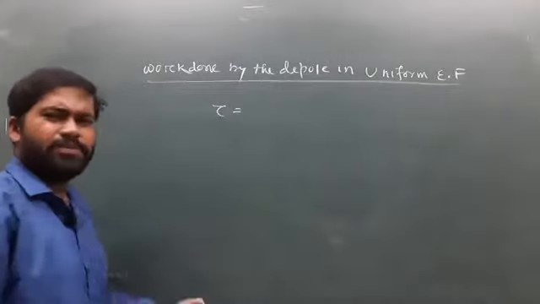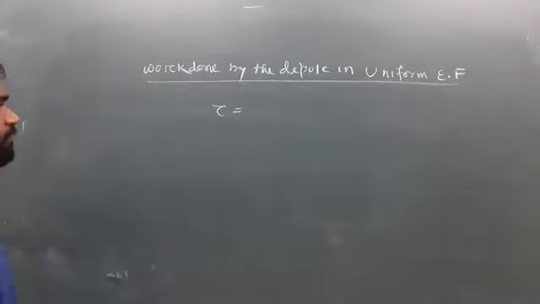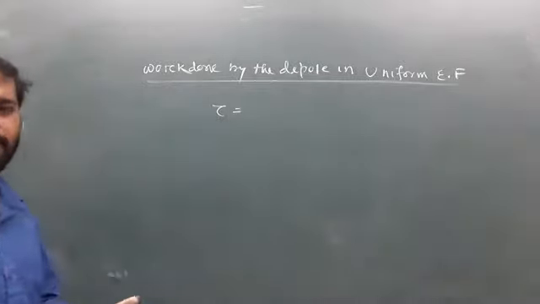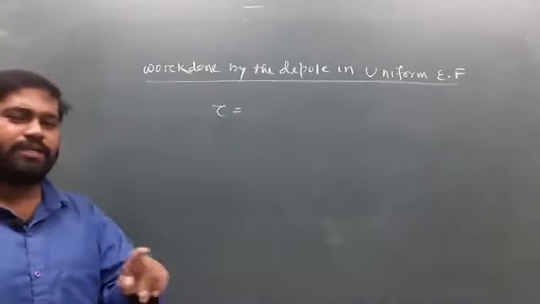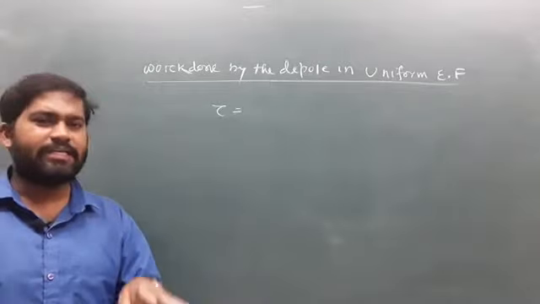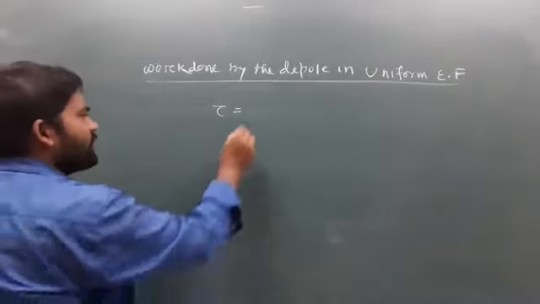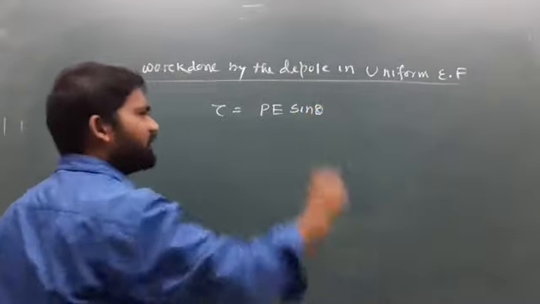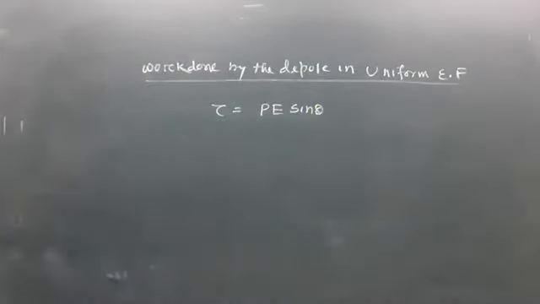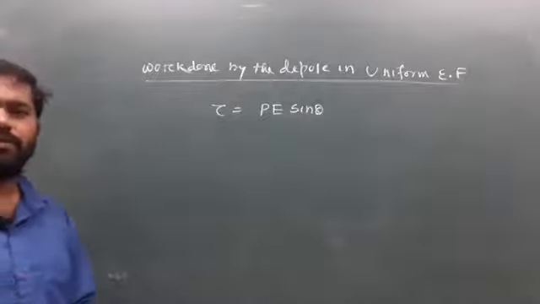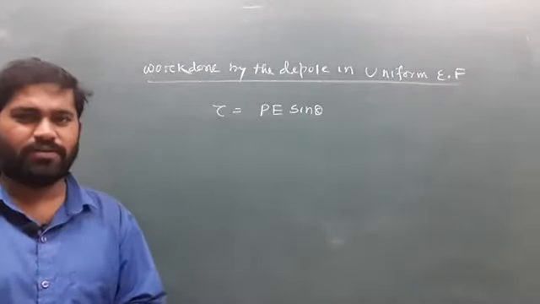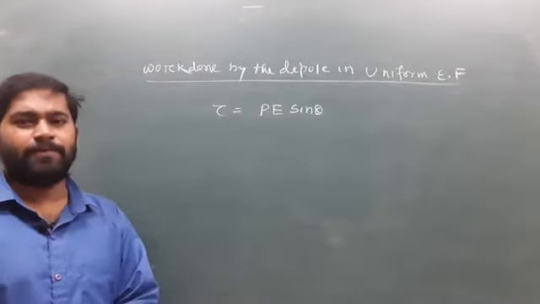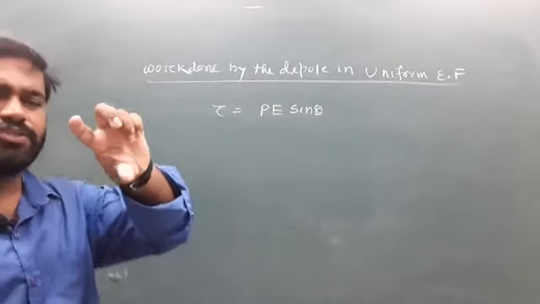Tau, that is torque, means it is a twisting force. So, what is the torque experienced? When we place an electric dipole in a uniform electric field, it experiences a torque, and tau equals PE sin theta, and this torque is a couple action. Because of this couple action, the object rotates,